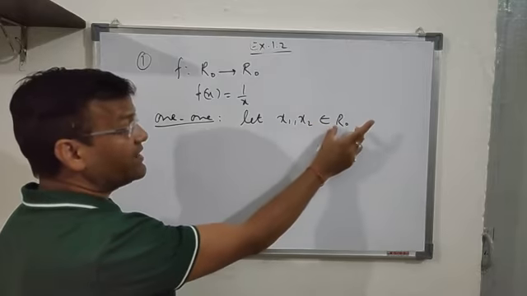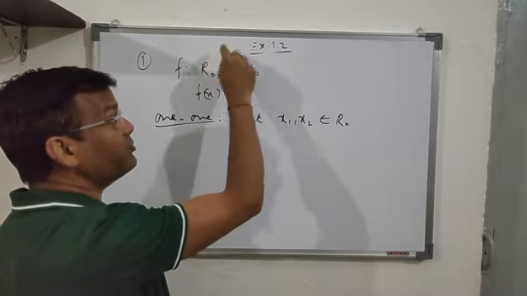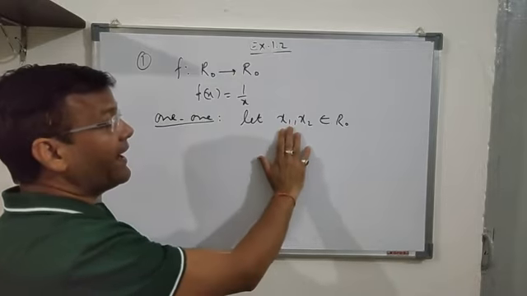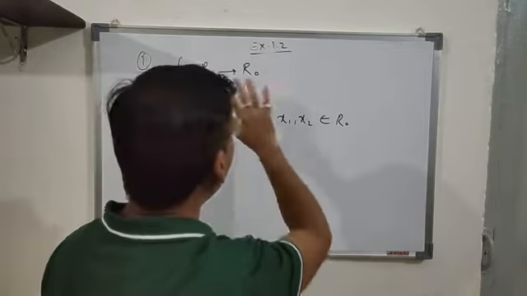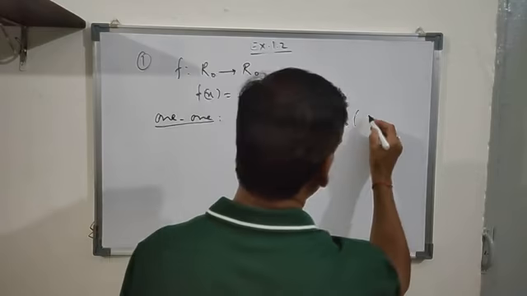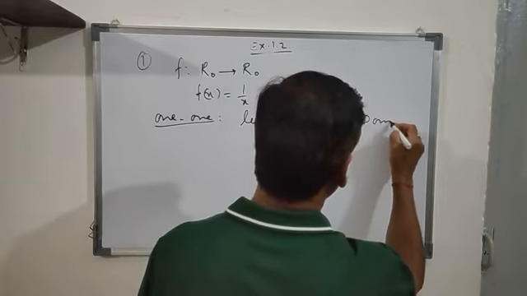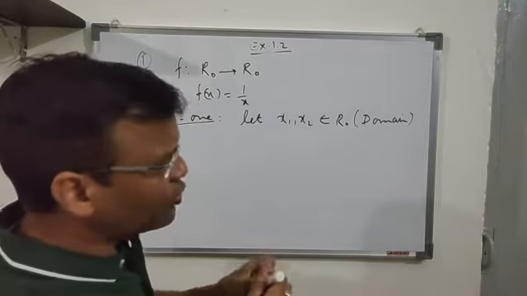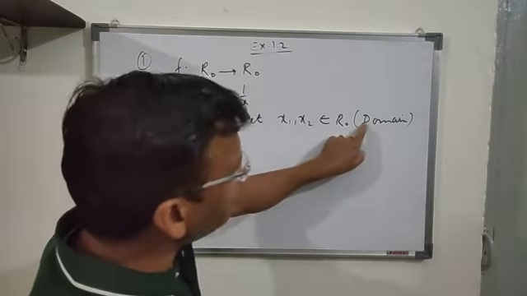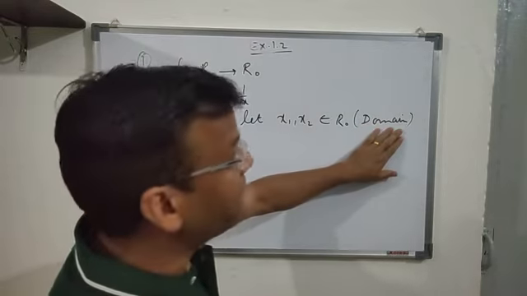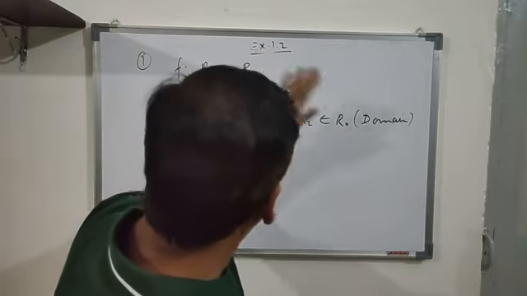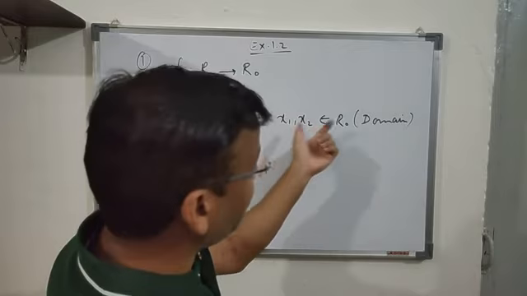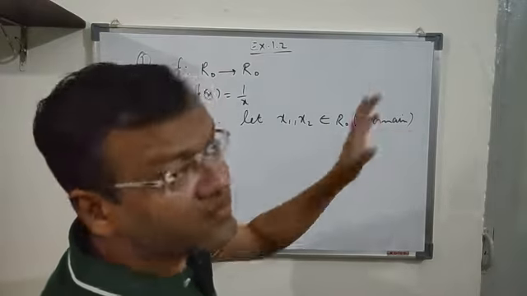So you have to take the elements from the domain. This is the domain, this is the codomain. Every time I have to take any two arbitrary elements from the domain, so I have to write it here. It is the domain. Sometimes different alphabets are used for domain and codomain. In that situation, it is not required to write domain or codomain. Clear? If both the alphabets are the same, you have to mention that I am taking these two arbitrary elements from the domain, belonging to R0 from the domain.